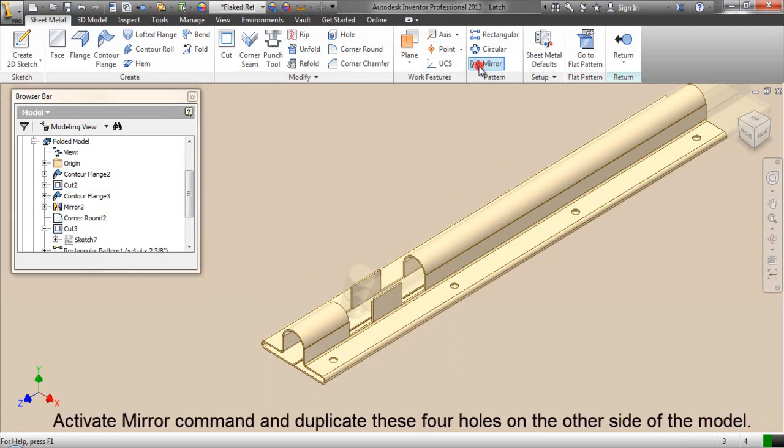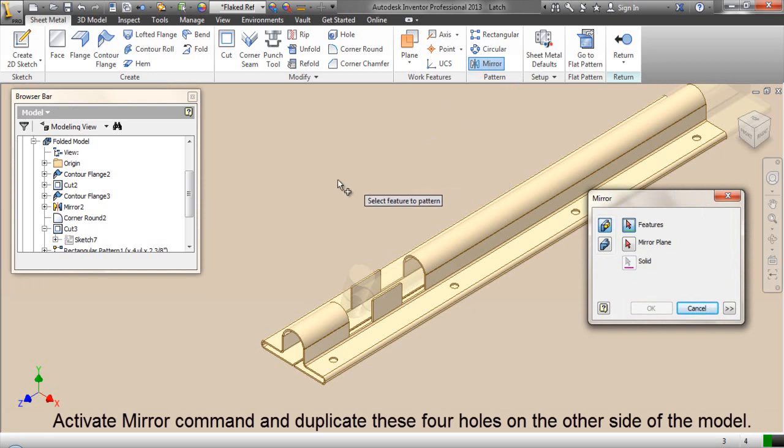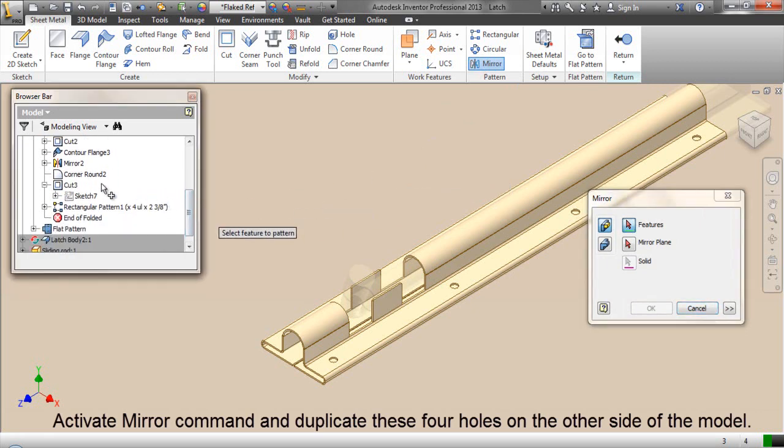Activate mirror command and duplicate these 4 holes on the other side of the model.